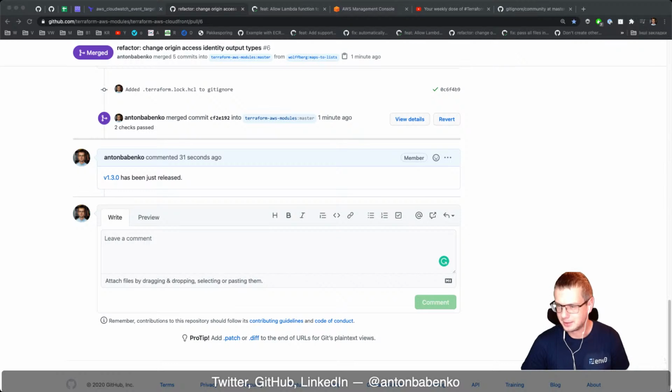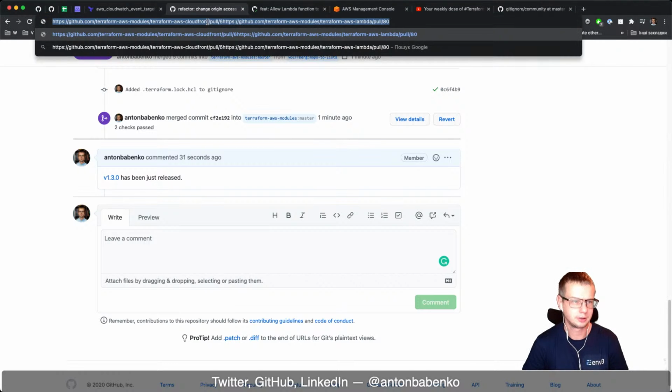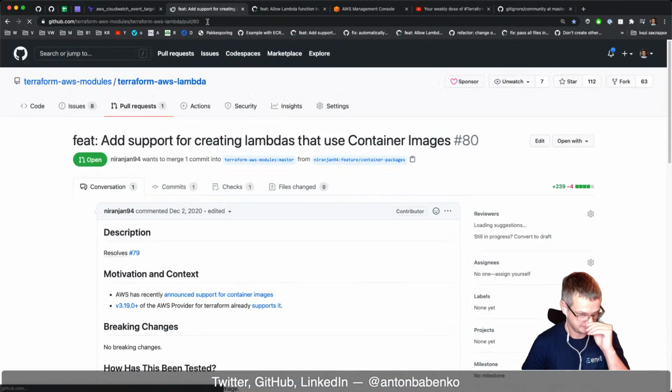So maybe next time I will be a little bit faster. But anyway, container support for Lambda functions is amazing, and I can show how this can be done from